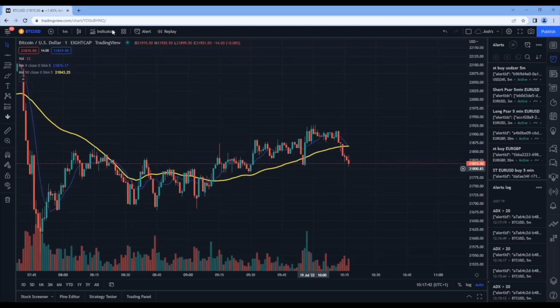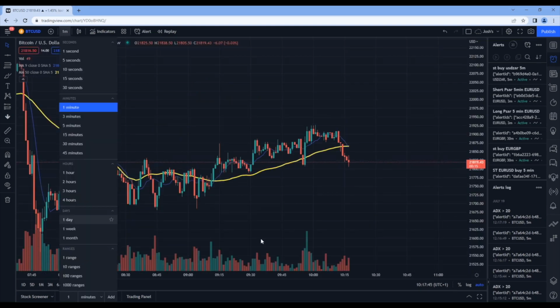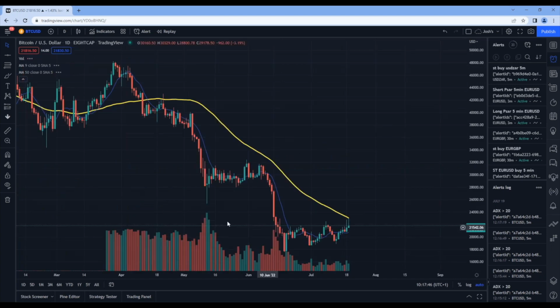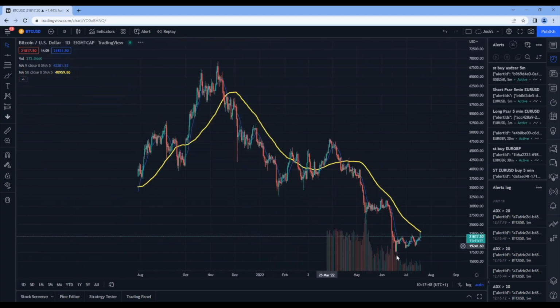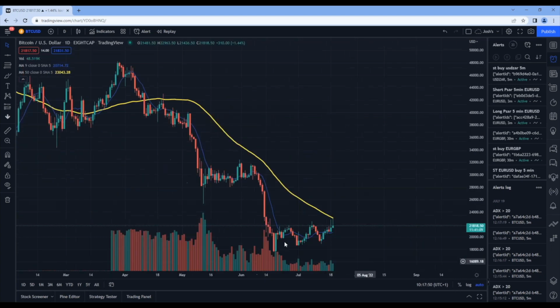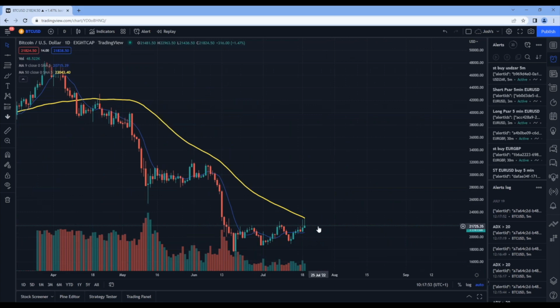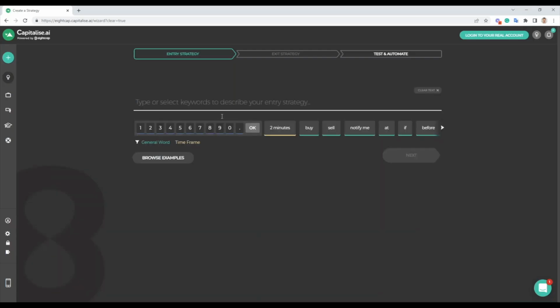Okay, so we've got Bitcoin. Let's look at Bitcoin's daily chart here. We're looking low. Bitcoin's moved up a little bit in the last couple of days, but let's say that every week from now on, you want to averagely get into Bitcoin. We can do that quite easily. So we could go ahead to Capitalise here, or let's say every day you want to get in for a week. Let's put it at that rather.